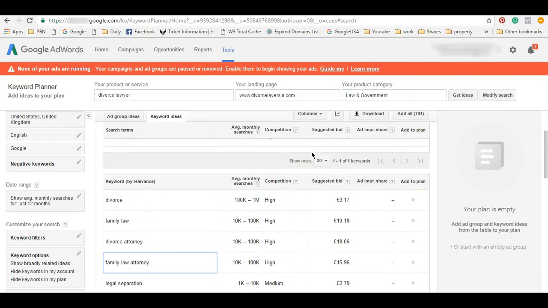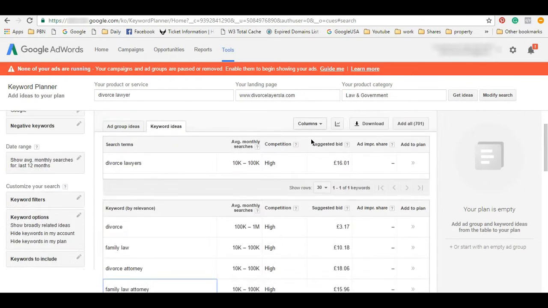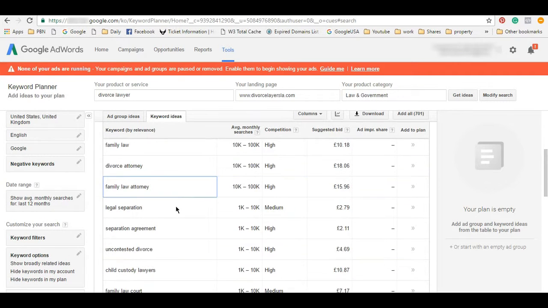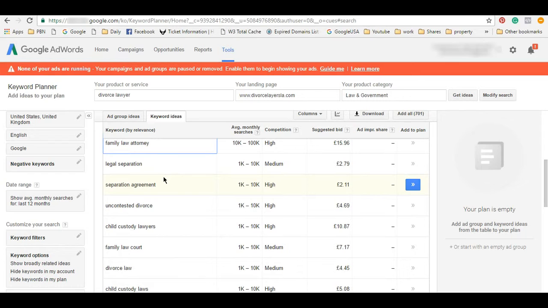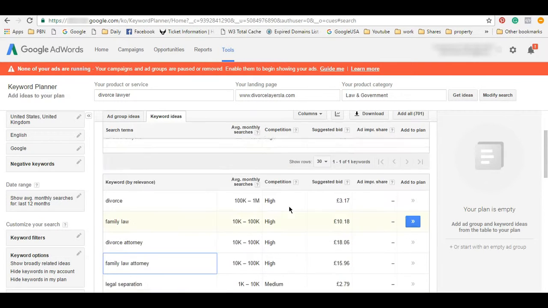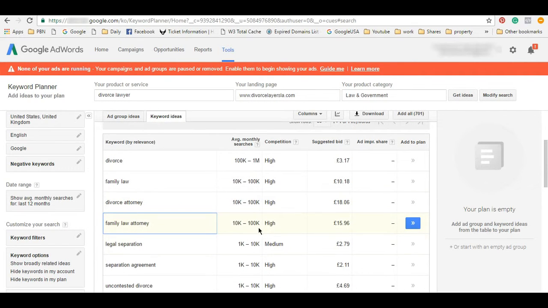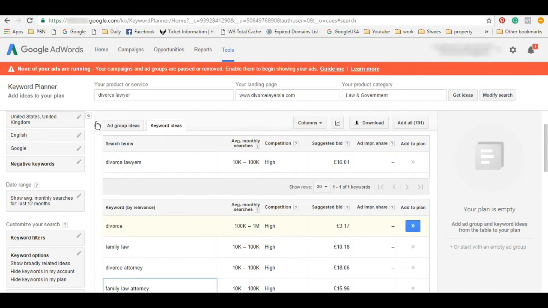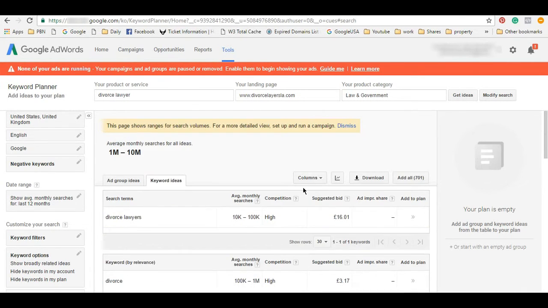But again, you're probably not going to rank on the front page for all the big ones. It's a good idea to go for the smaller ones, and I usually don't even look at anything with 1 or 2 words, unless the 2 words include a town or something like that. I wouldn't use something like legal separation agreement. Even though that says medium competition, I wouldn't go directly for that keyword. But I would be going for other keywords around that and hoping to rank for that. But again, I'm just showing you the tools that you can use to get you going.